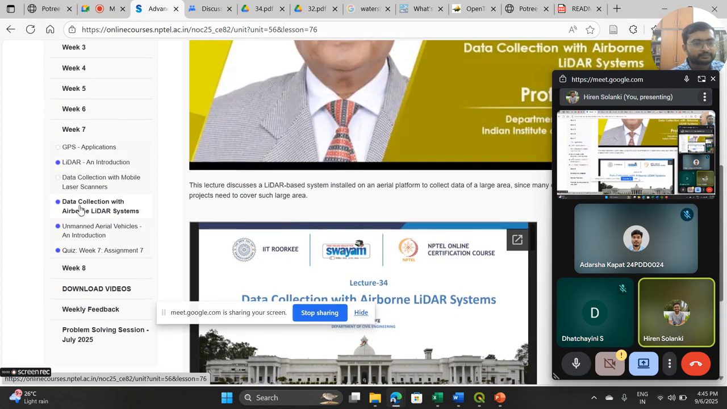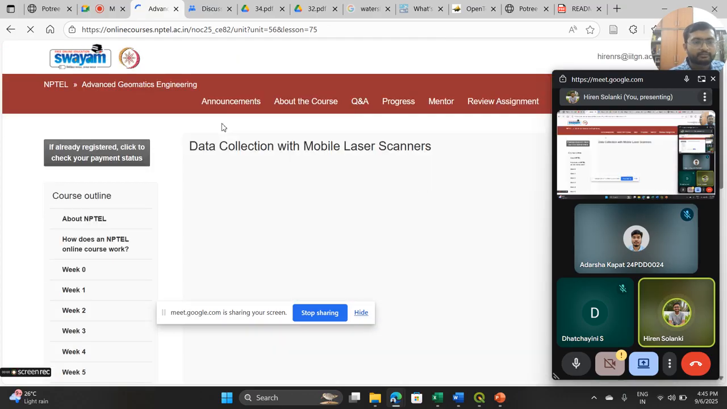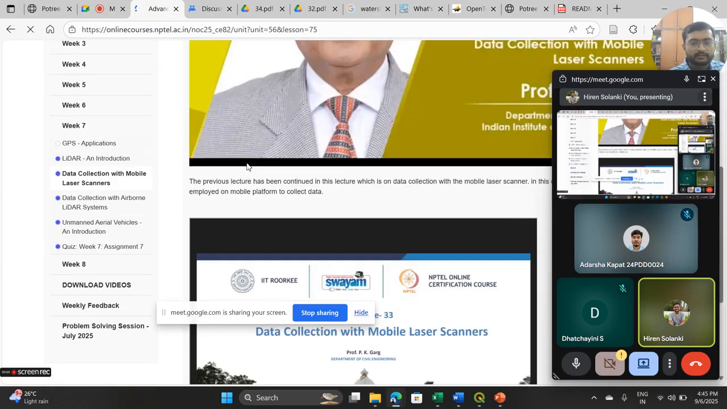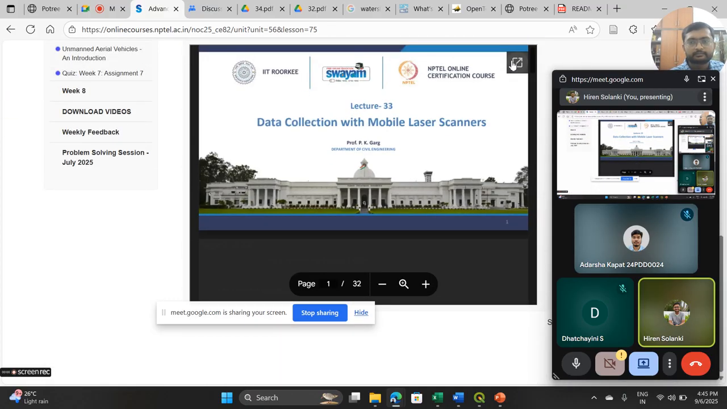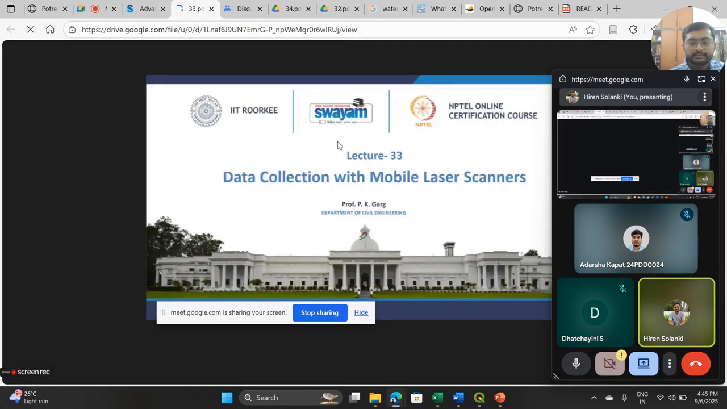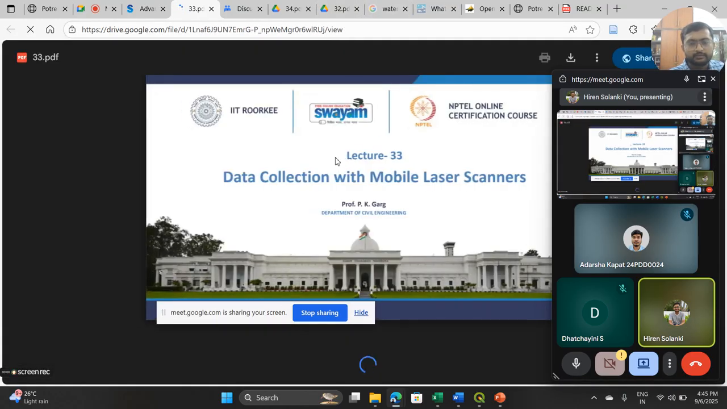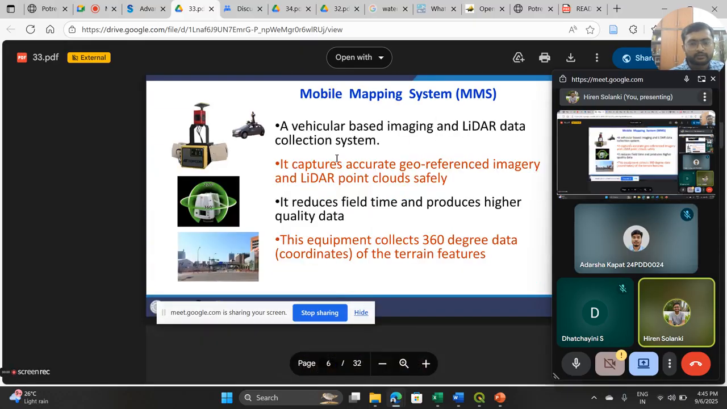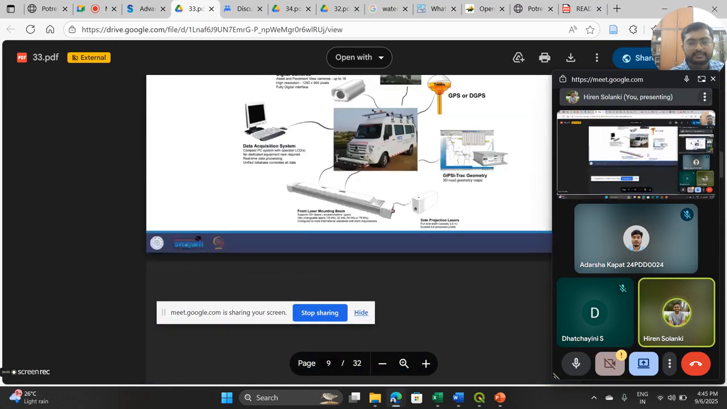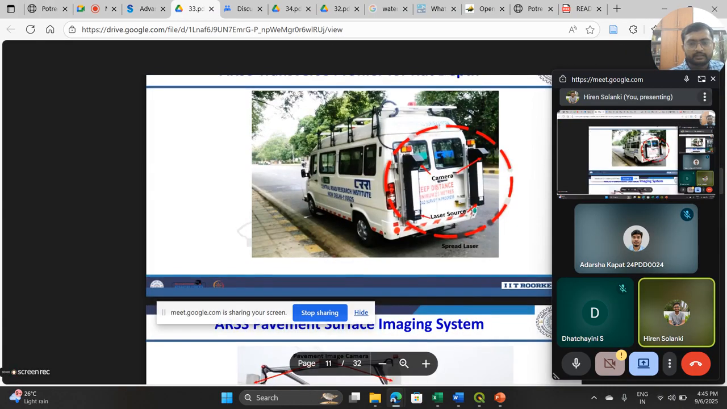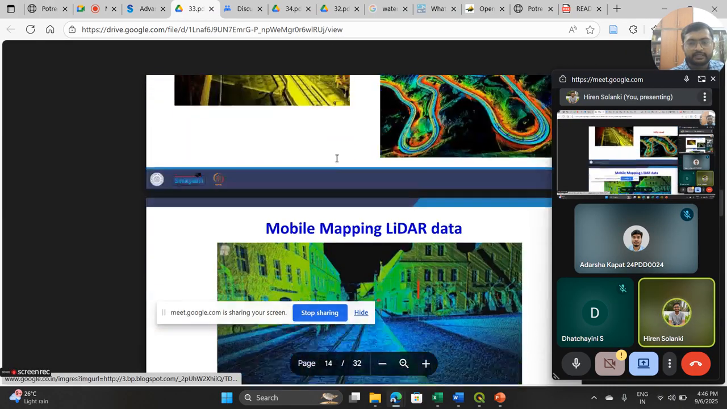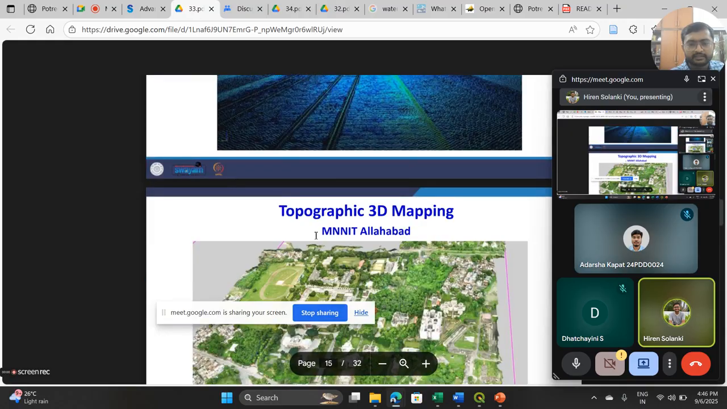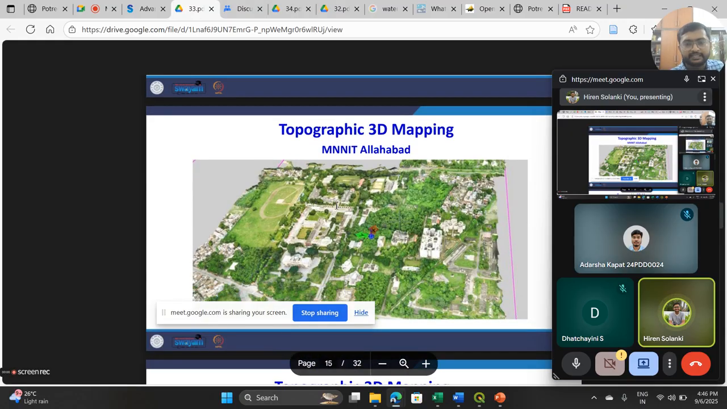So if you see this class, there they have used the mobile LiDAR systems, and then there are a couple of campuses given, such as, you can see, the MNNIT Allahabad campus